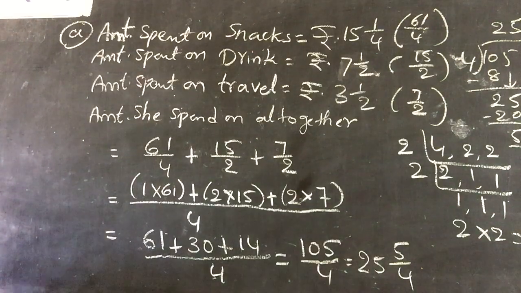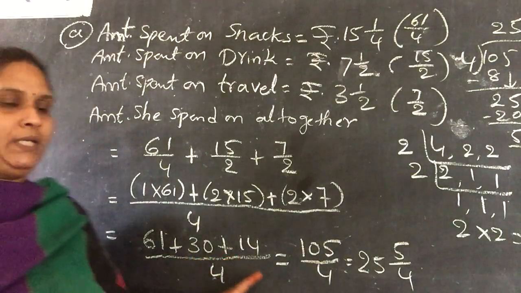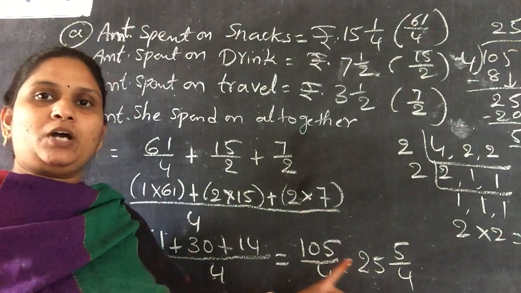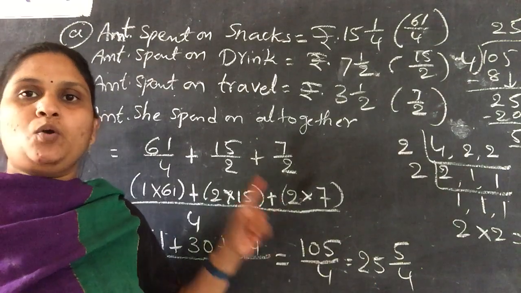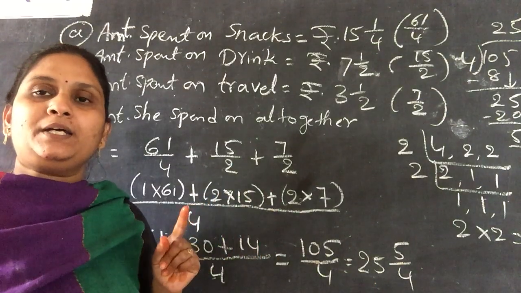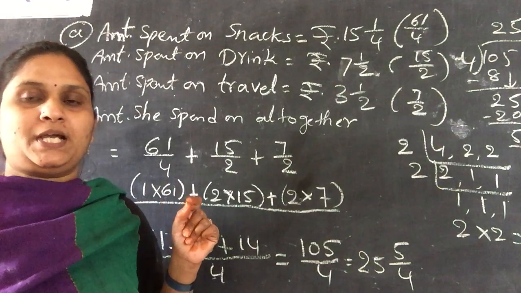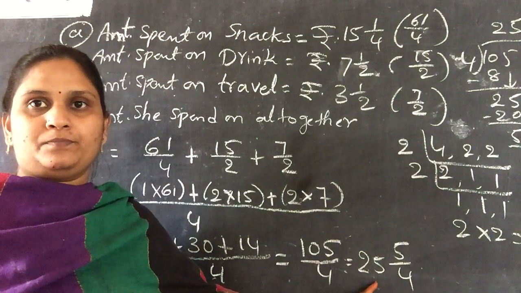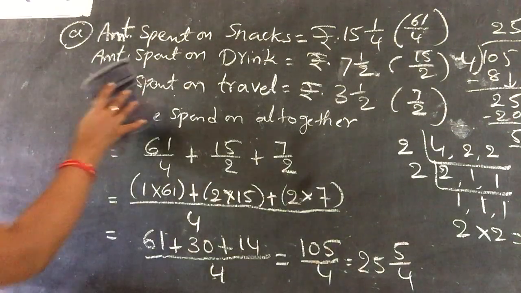Okay. Next, second sum. Copy it neatly, children, everyone. After doing the total or the subtraction, the answer you get, you have to convert into a mixed fraction. In a mixed fraction, children, the remainder has to be written as the numerator, the denominator will not be changed, and the quotient has to be written in the whole number's place. Okay, next. B1.